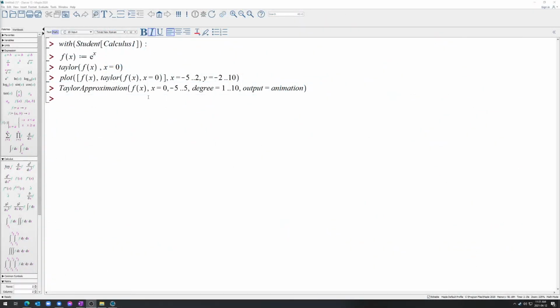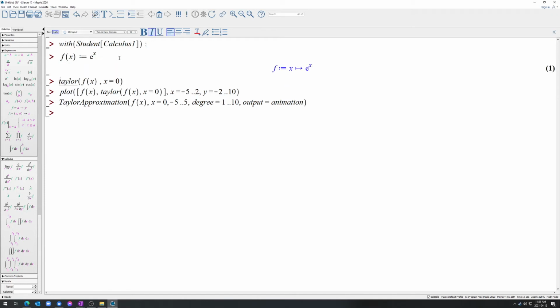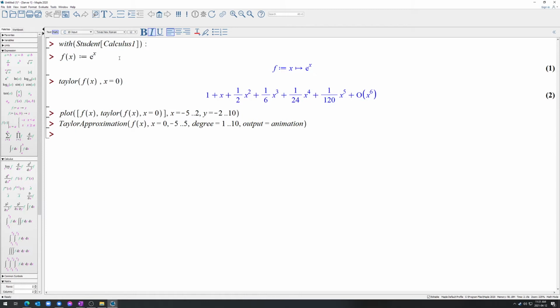All right, here in Maple, I'm using a package, Student Calculus 1, because it has some really convenient tools for animating Taylor approximations. And here's our function, e to the x. We'll just define that first. And when we use the basic Taylor command, you can see it is giving us the same Taylor series,